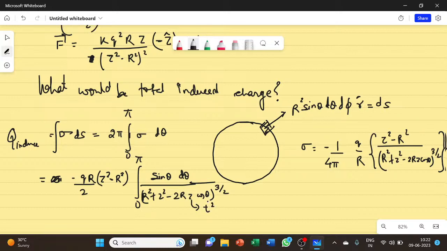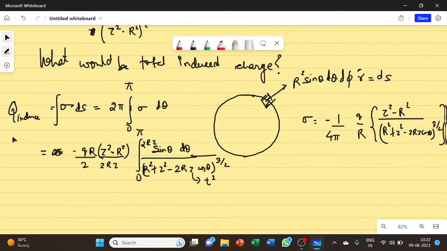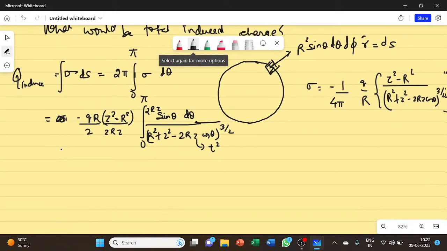I will take this as some t square. So this minus 2rz, if I multiply and if I divide, I'll simply multiply 2rz here, and I will divide 2rz here. Okay, and if I do so, what result I will get? So this is t square, so this will become 1 upon t cube, and this will become